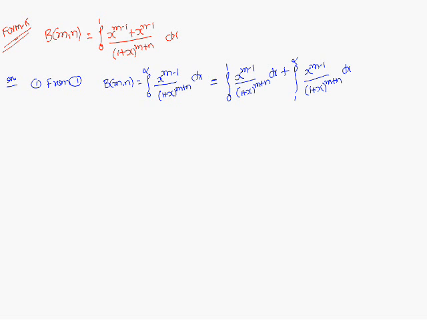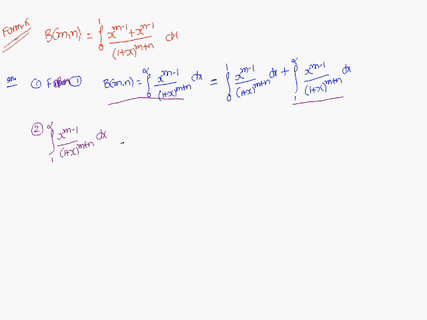so next, second step, we will do the second step. So first what we did is from the form 1, this is the result. That result I have written as the sum of the two integrals. Now what I am going to do is I will consider this one and simplify the problem. So if you consider this integral 1 to infinity x power m minus 1 by 1 plus x whole power m plus n into dx.